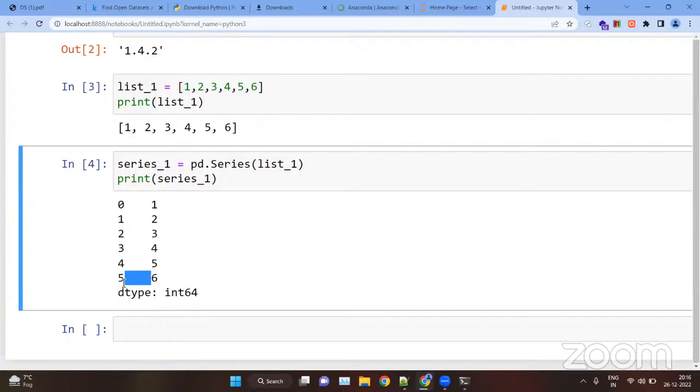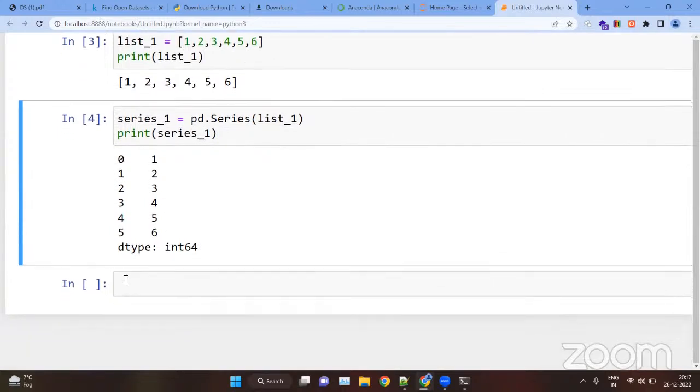The index number starts from 0 in Python, and in pandas as well. So it starts from 0, 1, 2, 3, 4, 5, and 1, 2, 3, 4, 5, 6 are the elements of my list. The type of the elements is integer values. Even suppose we want to add something new. Let's say